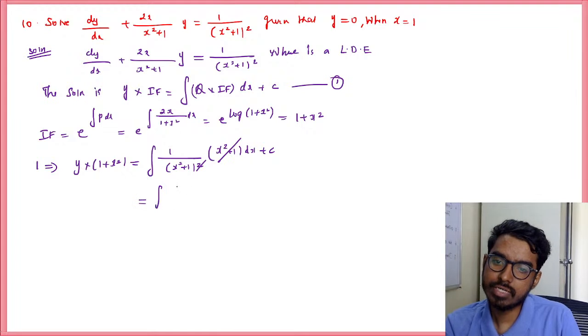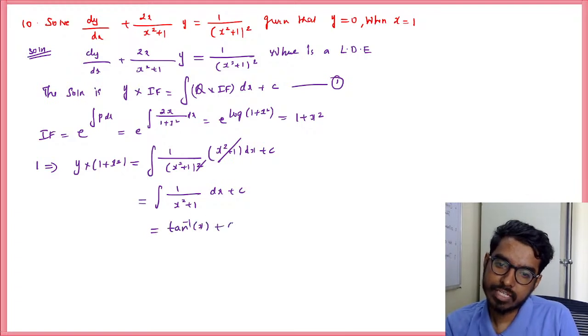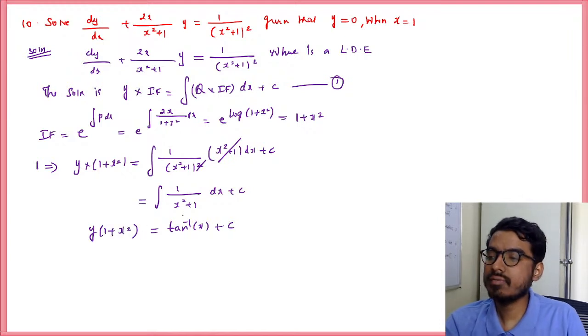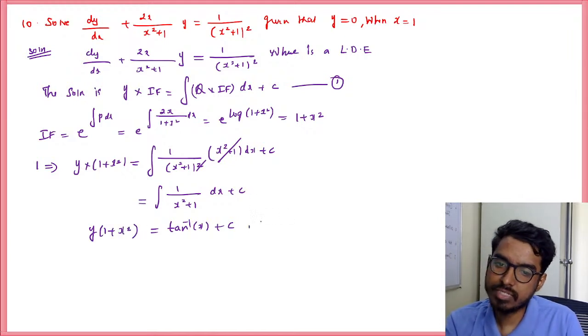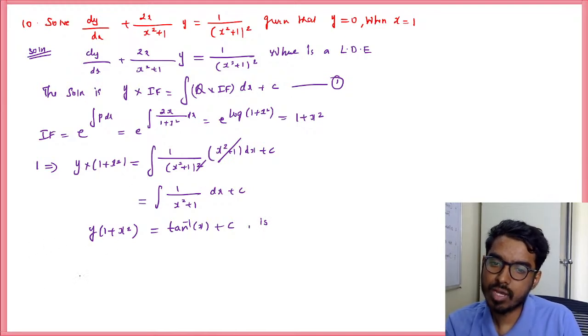So we have the integration of 1 by x square plus 1 dx plus c. This is nothing but tan inverse of x plus c. So y into 1 plus x square is equal to tan inverse of x plus c is the required solution. But to find c, they have given that